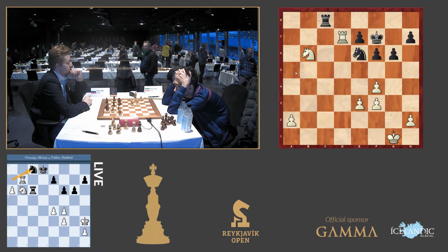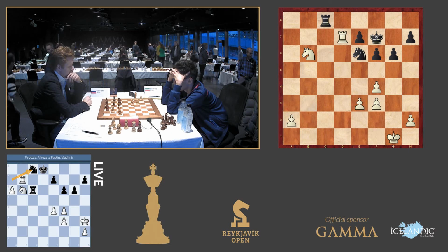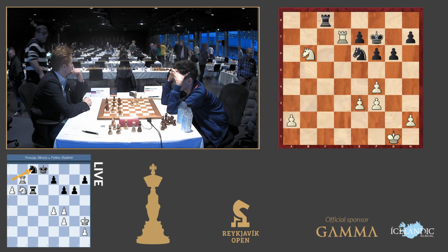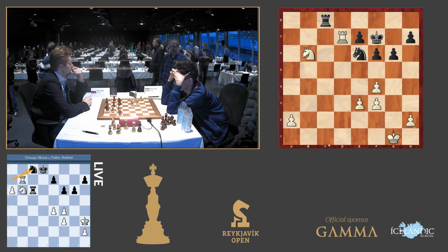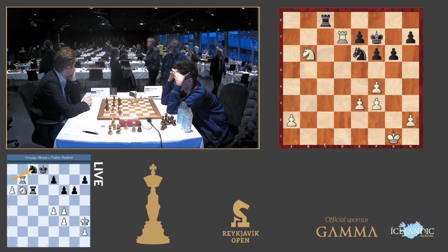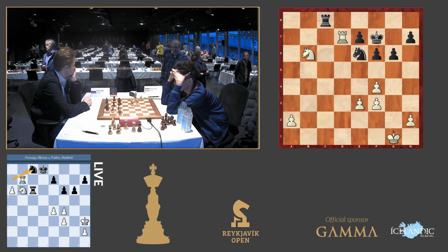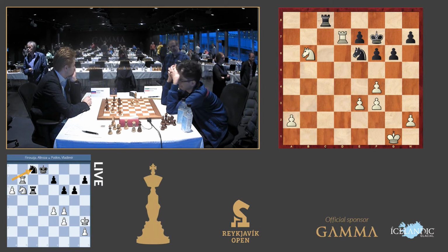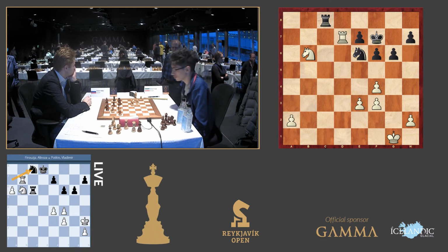And Hedgehog is making an interesting comment in the chat. He's saying, I think this level of chess is far more entertaining than a group of super GMs throwing each other to a standstill. I completely agree. Yeah. Unless Magnus is in beast mode, like he was in Shamkir, which was absolutely astounding. But yeah, I really like opens in general, and especially strong opens like this, because it's not like this is a weak open, you know, where it's just like...